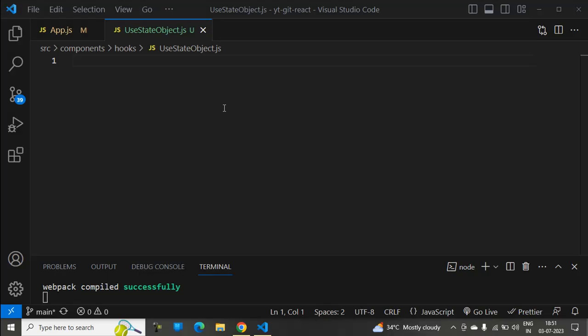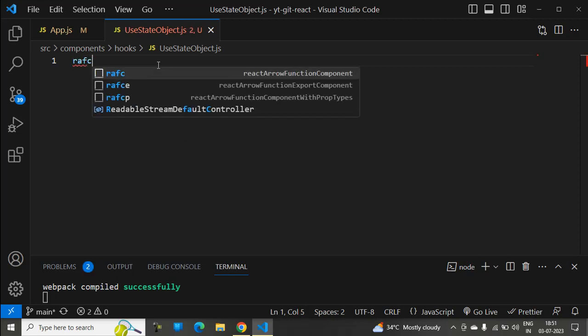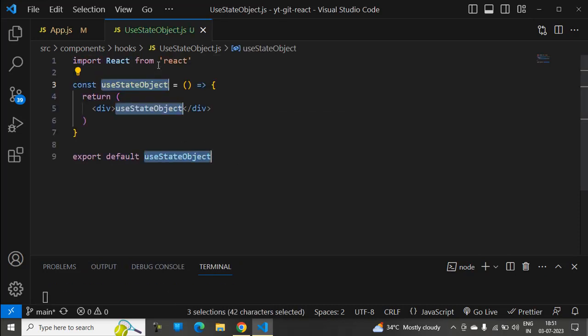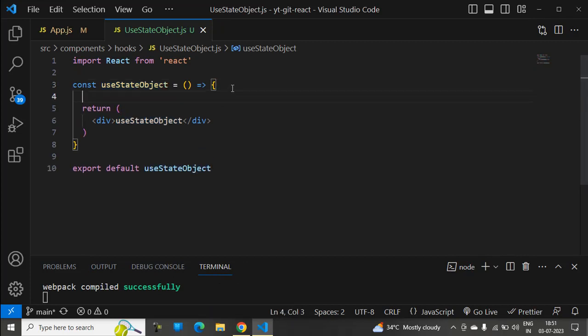Hi friends, today we are going to learn about the useState hook method with an object in ReactJS. Let's get started. First, how to use this: type rafce, a snippet to get the template, that is an arrow function. After that, just declare const, and here we need to declare an object, that is values